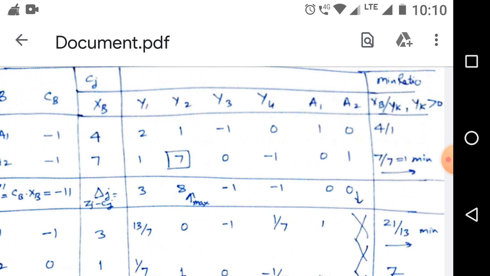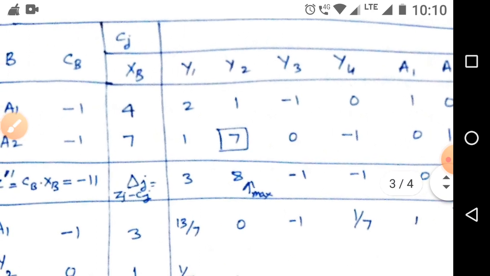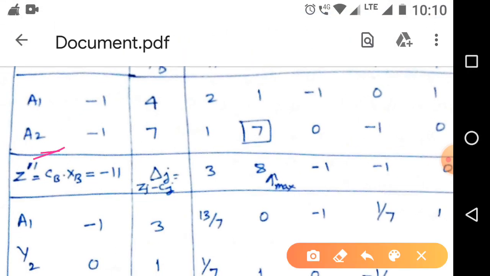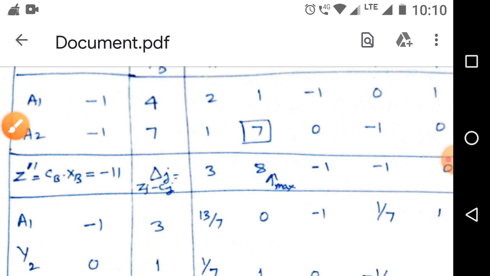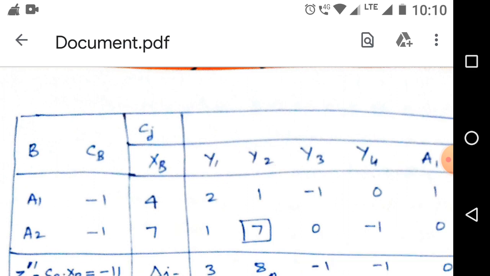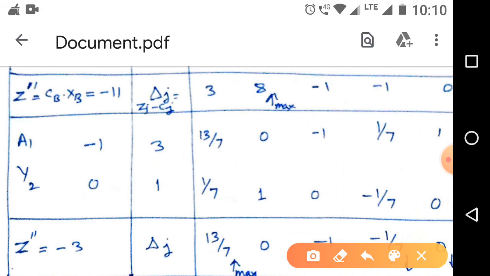This means the artificial variable a2 is removed from the basis and variable x2 comes into the basis. So we get the next table, here with the original variable y2 replacing the artificial variable a2.